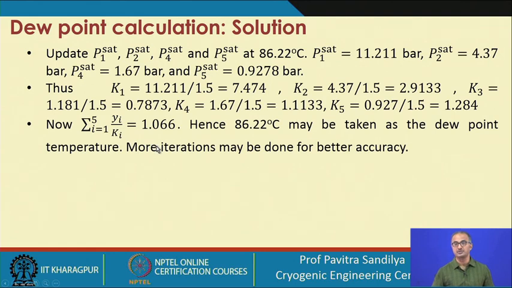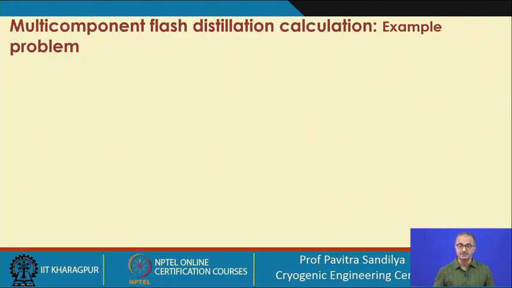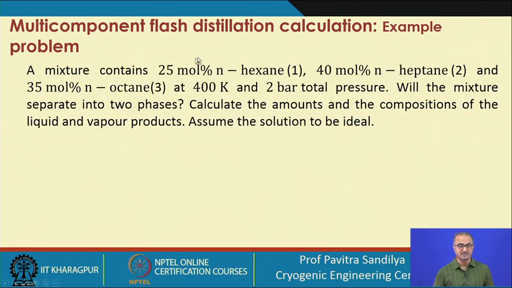So, this is the procedure to find out the value of the dew point temperature. In the next problem, we shall be looking into the multi-component flash distillation, and the problem is stated like this,